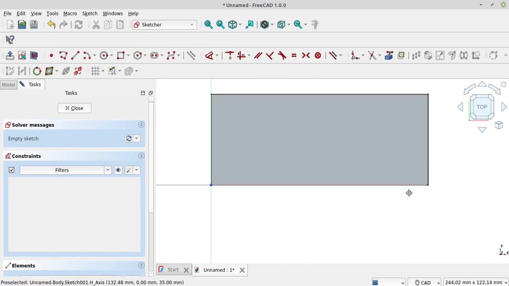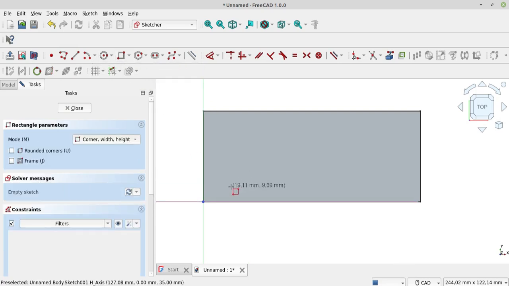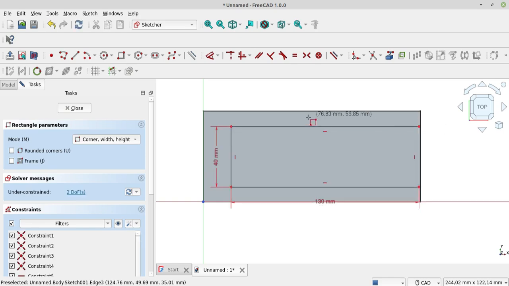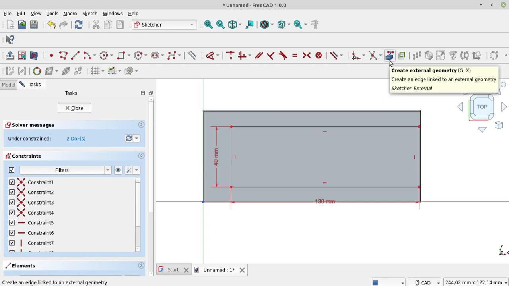After that, I choose rectangle again and make a sketch. I will make 130 millimeter and 40 millimeter. Click enter. Choose create external geometry to help you make a dimension.